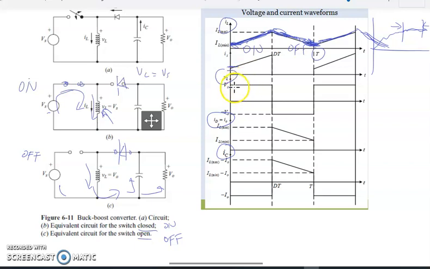And this is the inductor point of view in terms of voltage. We have a positive voltage during the first on cycle here, so the total source voltage is applied to the inductor. So we have positive VL applied. Then when the switch is off, the voltage applied from the inductor is the amount that is applied to the